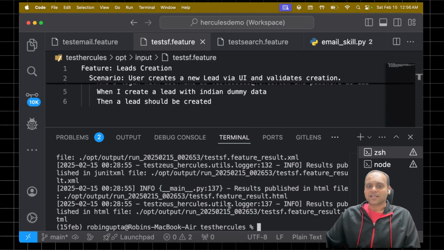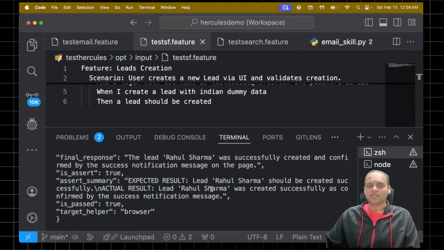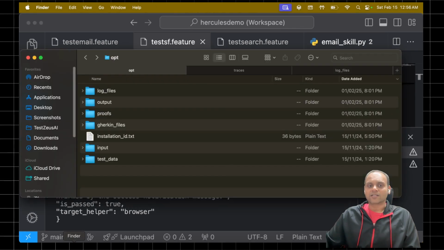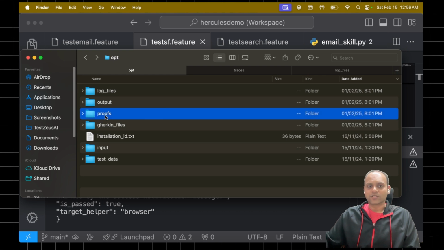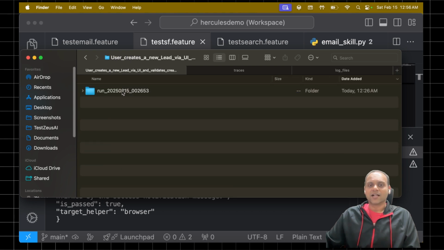Once we've run this test case, not only can we see the beginning traces of the execution in the terminal itself, whether the test case passed or failed, we can see much more detailed execution traces when we go to the location where Hercules is saving all its artifacts. So I have set them up into the OPT folder as per the README instructions. And if I go inside proofs, look at the recent execution, I'll see the run folder created for the test